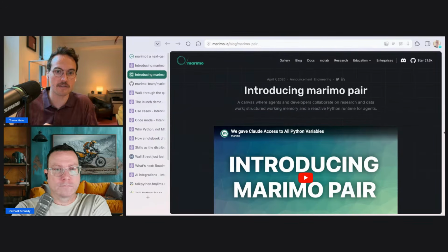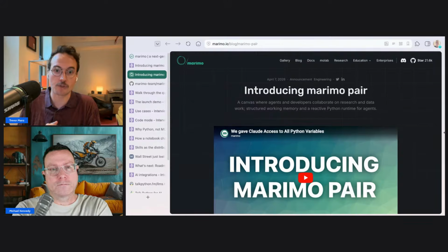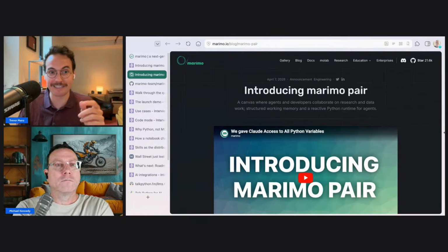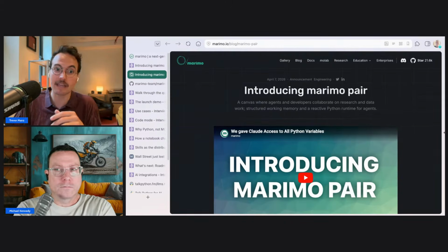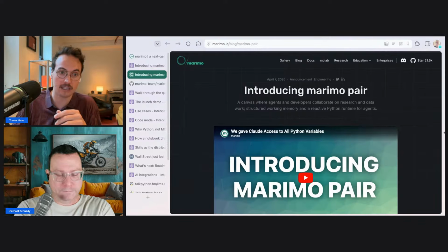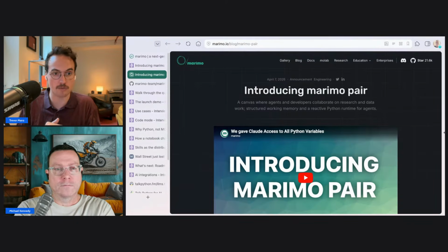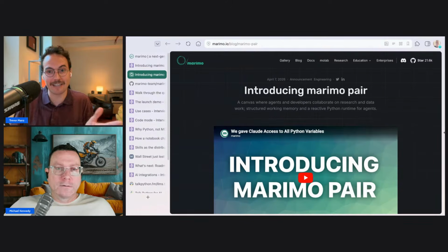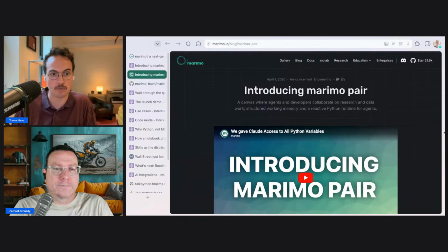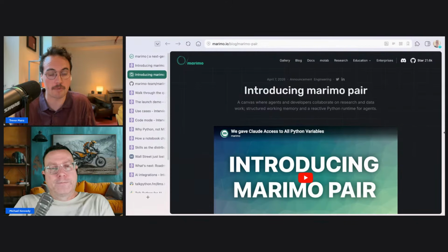And then we also have a set of users that are driving Marimo using Marimo pair in a more headless version, where they might spin off many different Marimo pair sessions to work on a similar problem. At the end, they'll have these running notebooks that they can connect to and check what the agent was working on inside of that session. Essentially, when you want to start a task with data, you can open up your agent and spin up Marimo and then start prompting towards working on that problem.